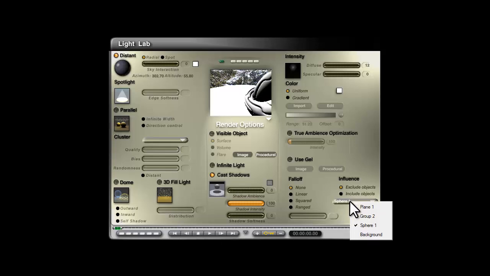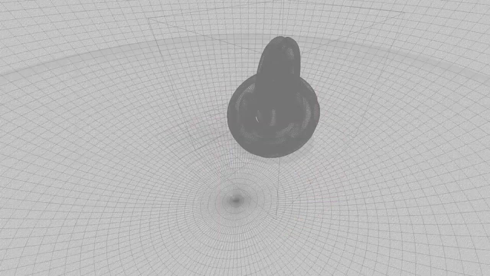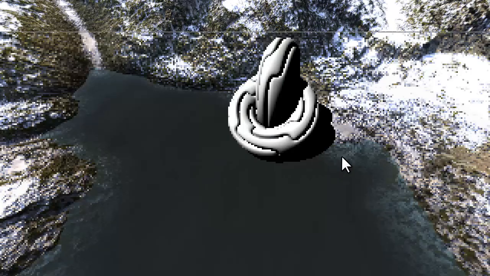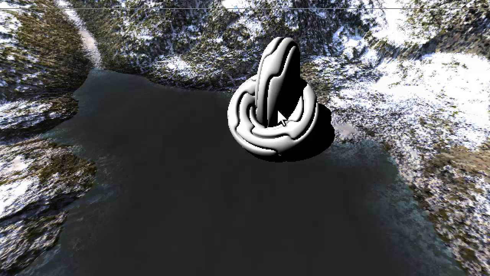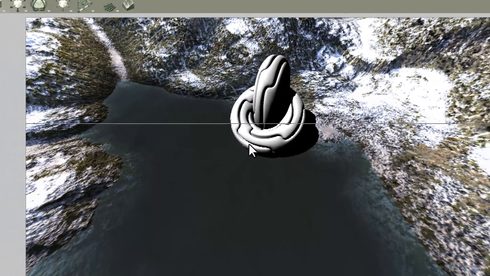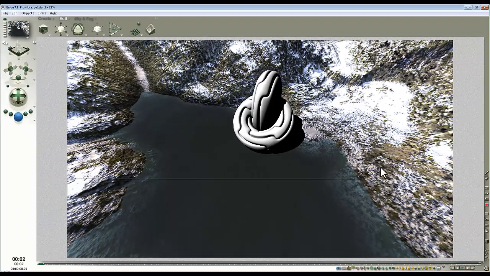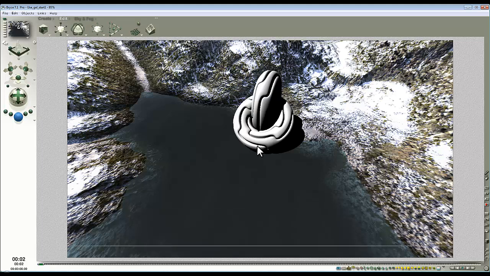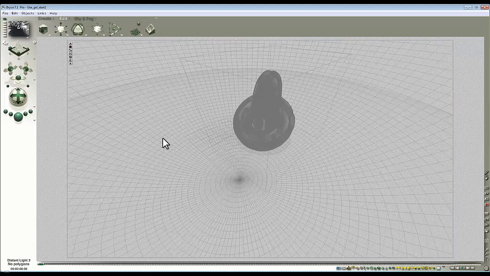I want to light. So if I'm excluding the plane now, and then check out of here, what you have is the object lit with white light, so it's not receiving the pattern, and the shadow is generated by the projection, but the projection is being pulled off the surface of the model. Obviously the reason for moving the light source first and in the light lab and then doing the copy and pasting is that you can get these all out of sync if you start adjusting the position of this light